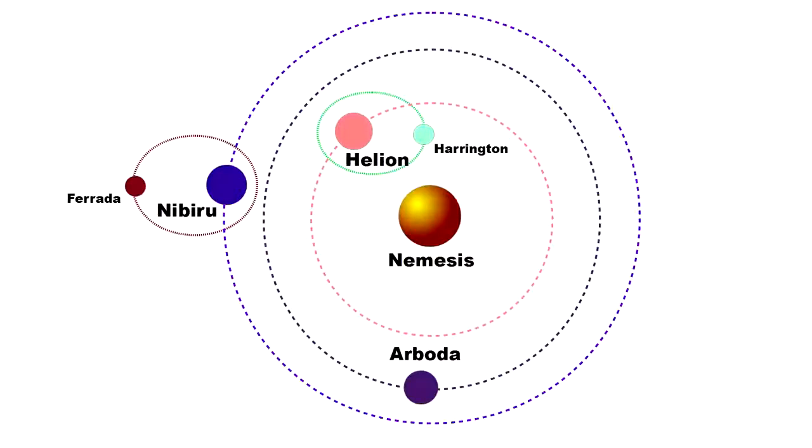To get an idea of how large the Planet X system is in relationship to our own system, let's overlay one upon